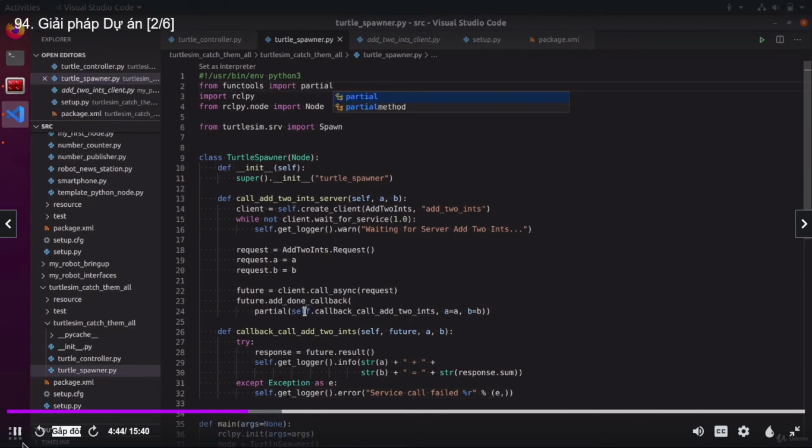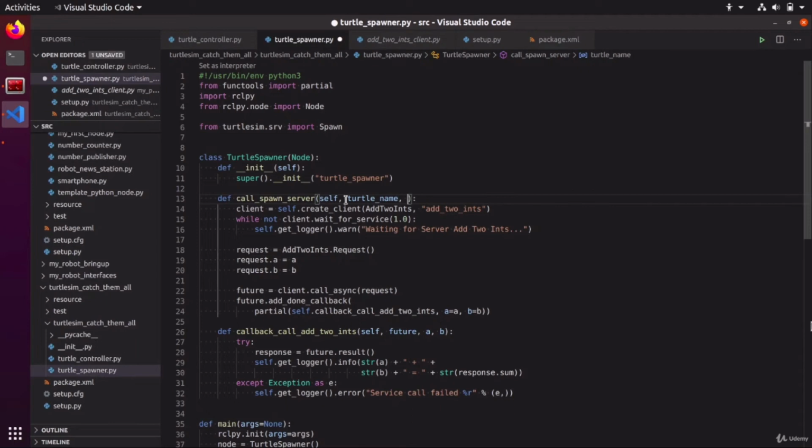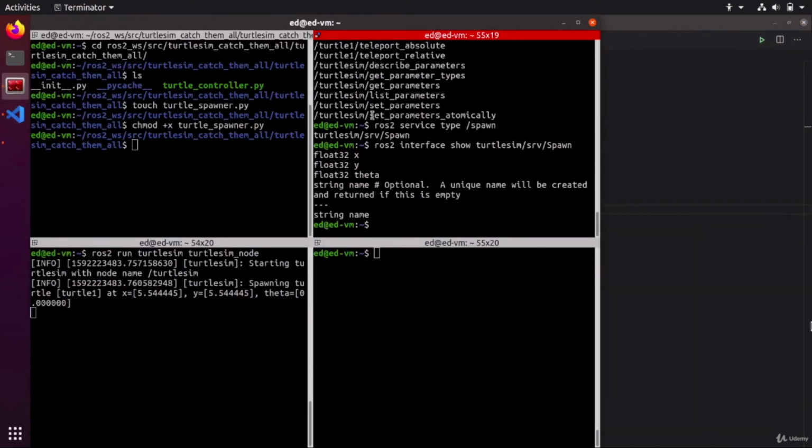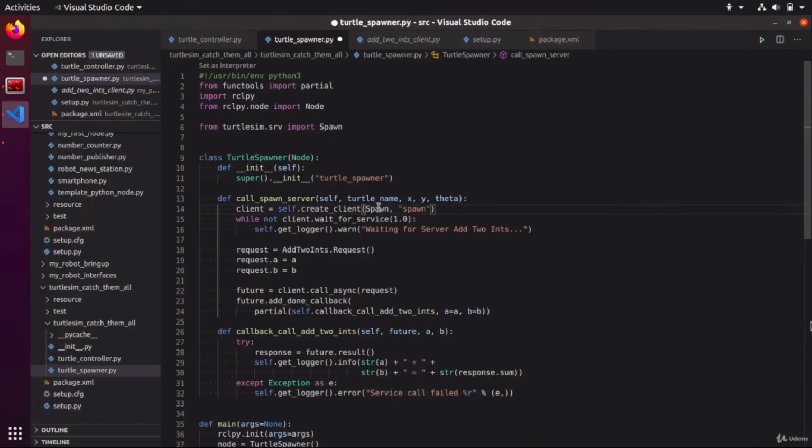So instead of calling the add_two_ints server, we call the spawn server, and we have turtle name plus x, y, and theta. Those are 4 arguments we need for the request. So we will create here Spawn. Let's check here. Okay, the type is just Spawn. There is no Turtle before. It's just Spawn. That is correct. We wait for the server. Okay, let's simply use wait for server,